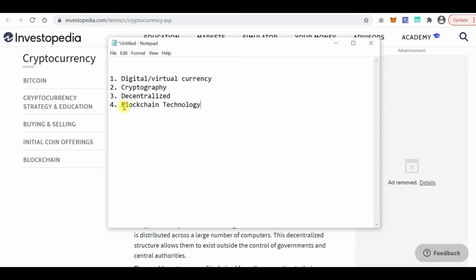Now, let's talk about the fourth point, which is cryptocurrencies are backed by the blockchain technology. Now, what does this mean? What is the blockchain, right? For me to try to make you understand what the blockchain is, I have to strike another example. The blockchain is basically a ledger, an open ledger, a ledger that anybody can actually look into